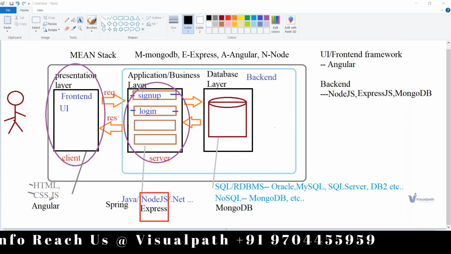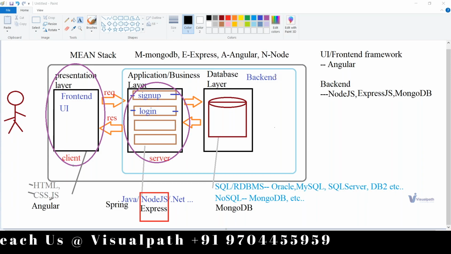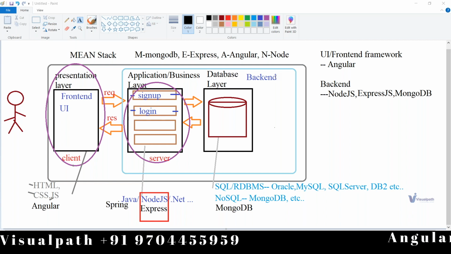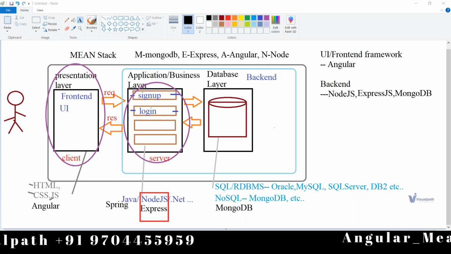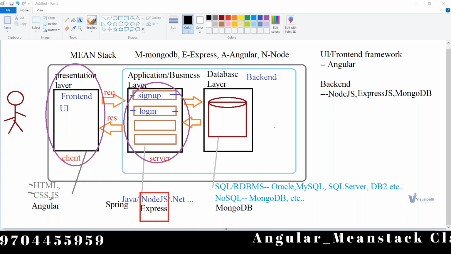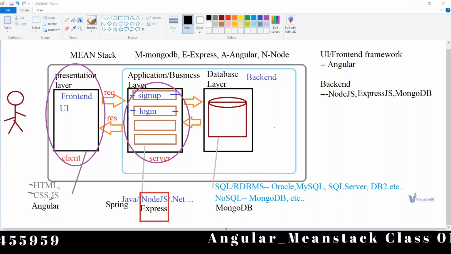No, not at all like that. If you are using more components, then it will be more readable and easier to maintain, and speed is also more. Clear? So that is what Angular is about.